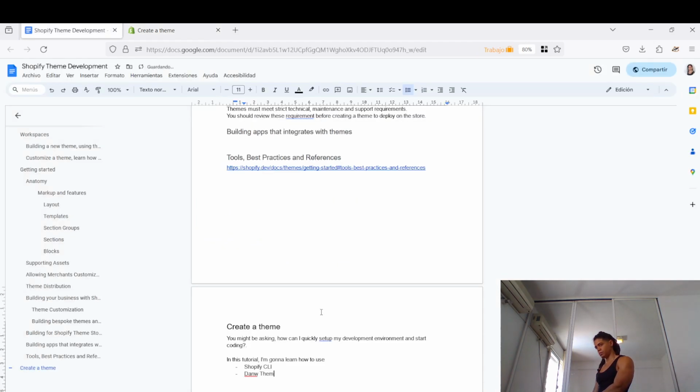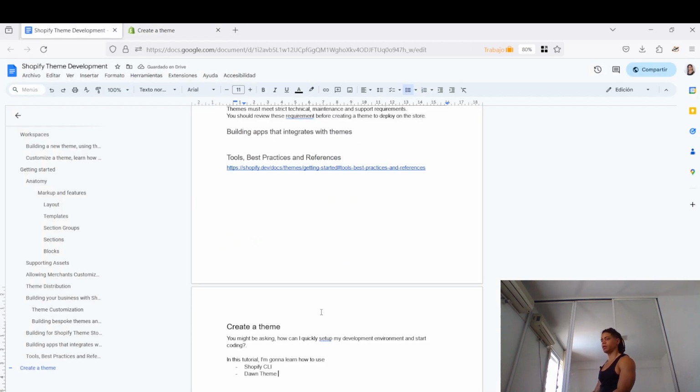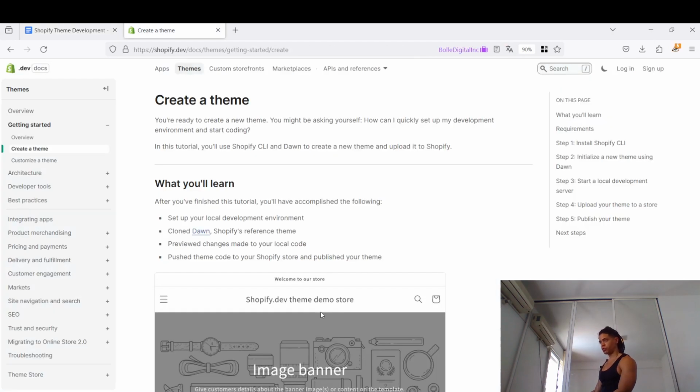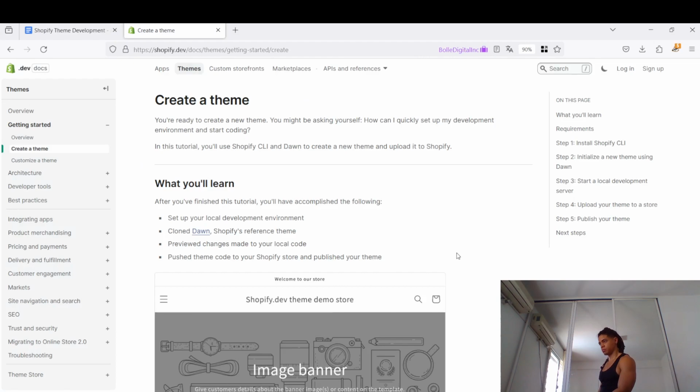In Dawn theme, all right, in Dawn to create a new theme, to publish or upload it to Shopify, the Shopify store. Okay, all right,